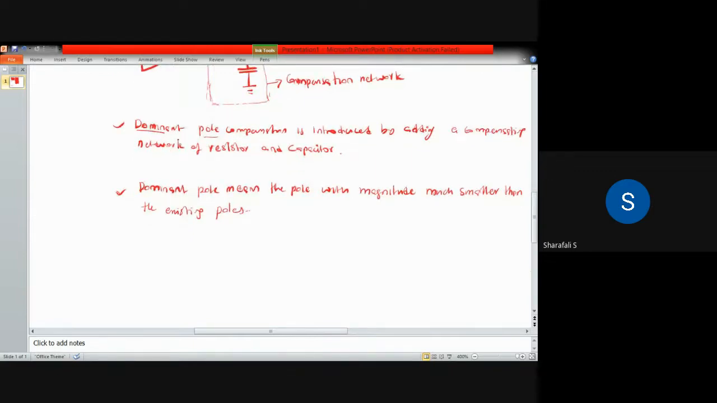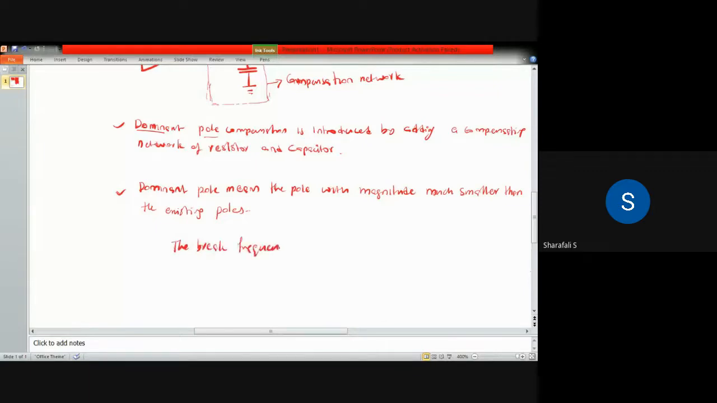So if you want to calculate the break frequency of this compensating network, that means this RC network, this has to be the smallest compared to the existing break frequencies, right? So if you calculate that, the break frequency